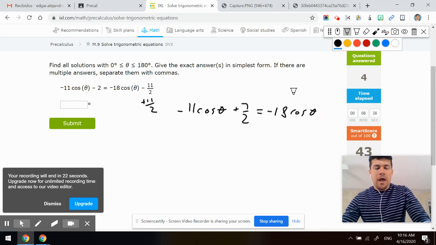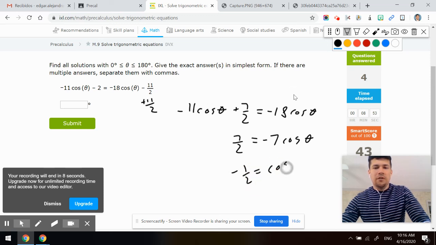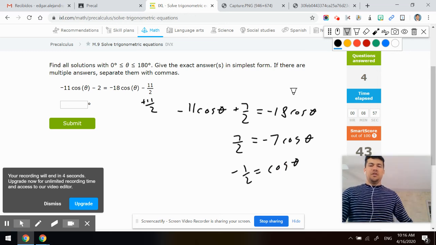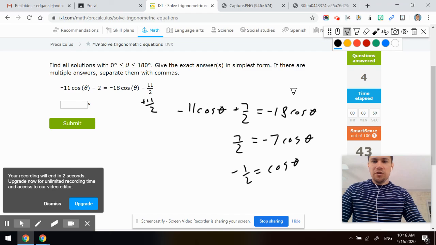We're going to add 11 cosine of theta, so 7/2 equals negative 7 cosine of theta. Divide both sides by negative 7, and you've got negative 1/2 equals cosine of theta. So this actually is just like the previous one if you just treat this as like terms. So that's how you solve trigonometric